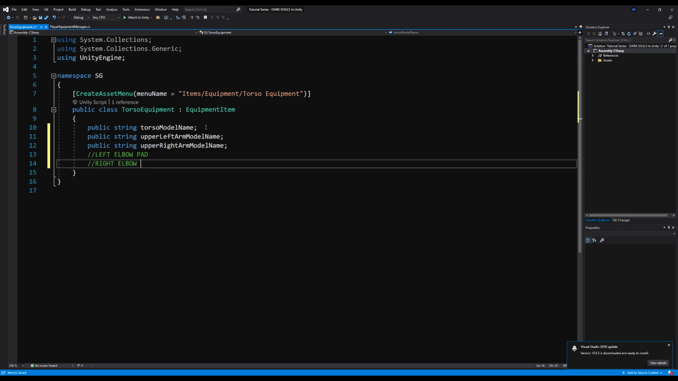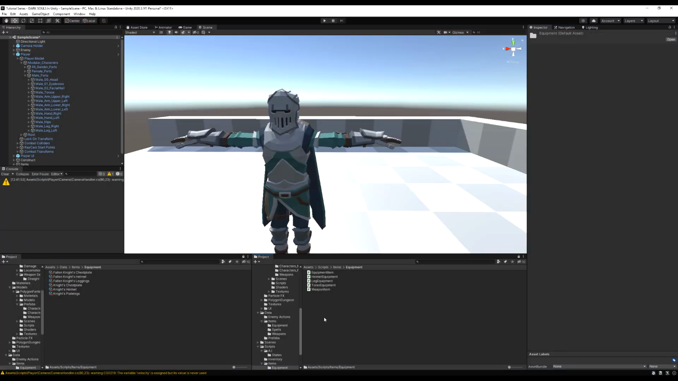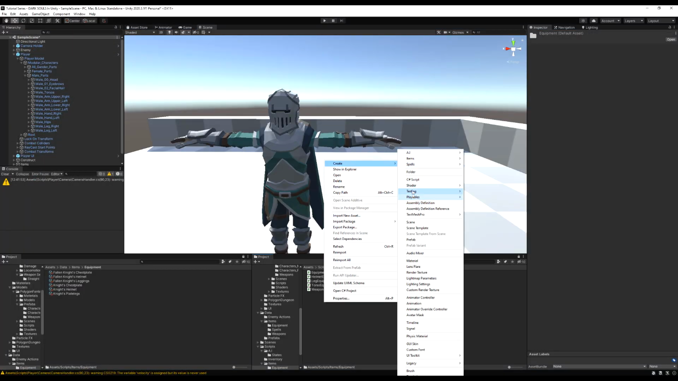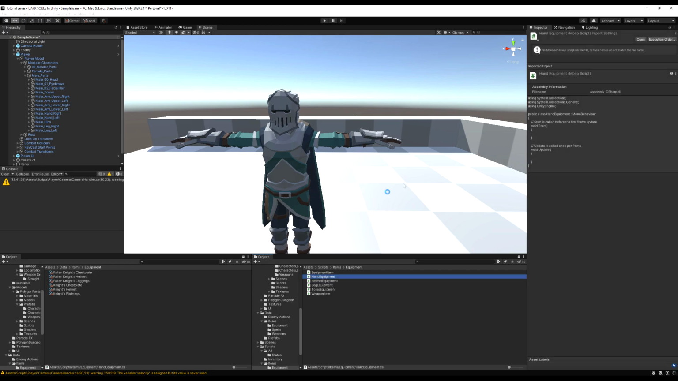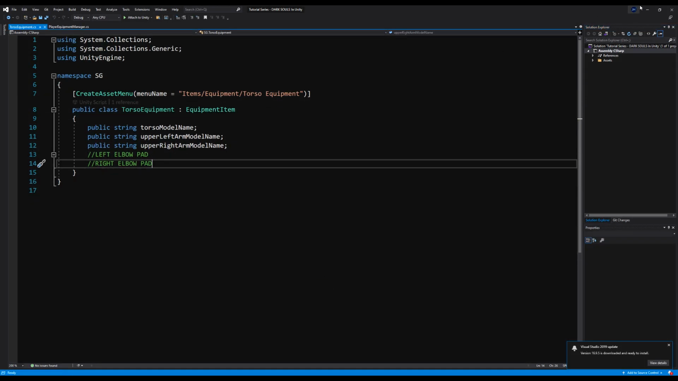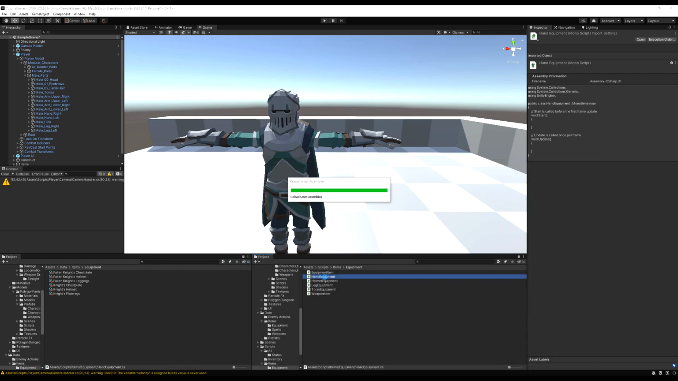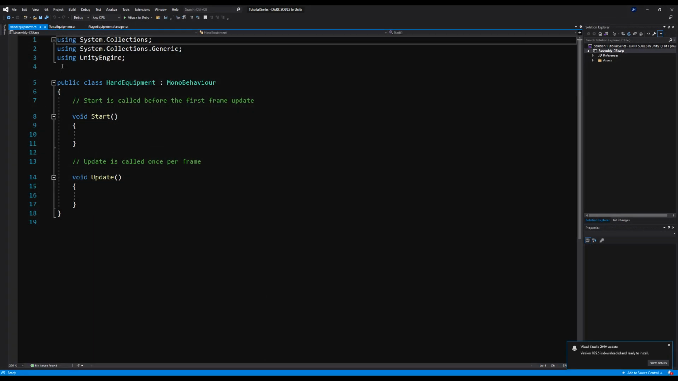And I'm going to add some pseudocode here for the left and right elbow pad. I might do those off video, and you know how to do those by now. So let's create a new script. We're going to call this hand equipment, and this will be again the same concept as before. Let's open it up. We're going to erase the start and update functionality,